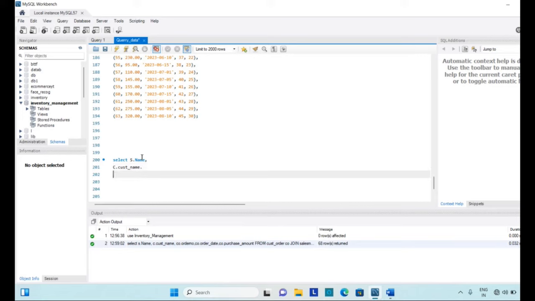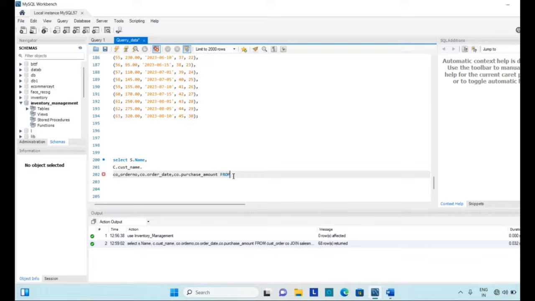Comma, co dot order number, then co dot order date, which are details of the order table, and co dot purchase amount, which is a field in the customer order table. P is small here, so we write it with a small p.